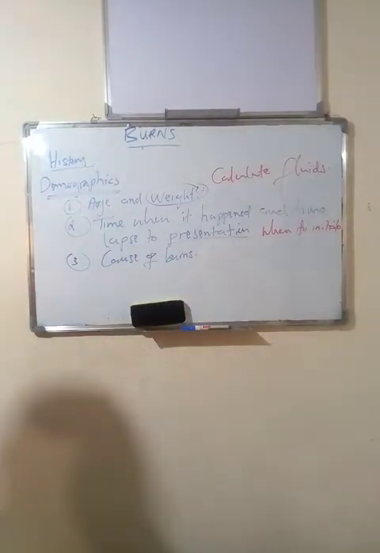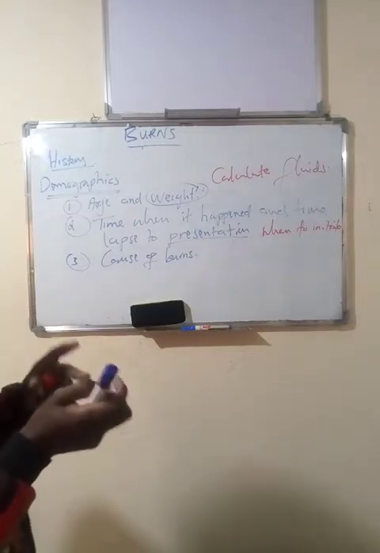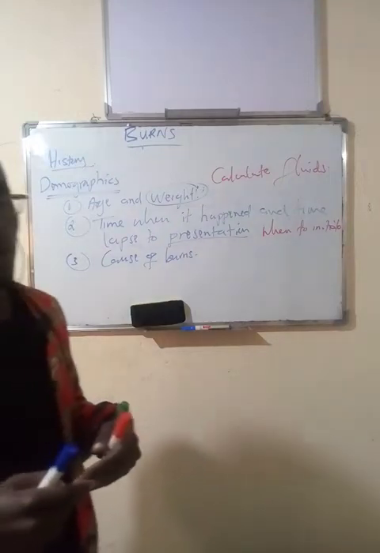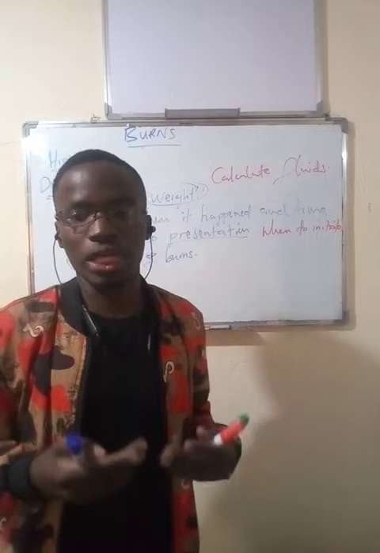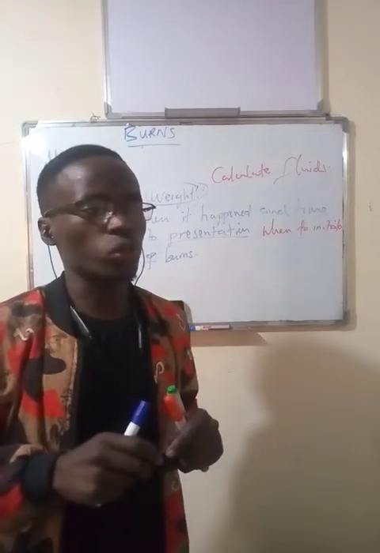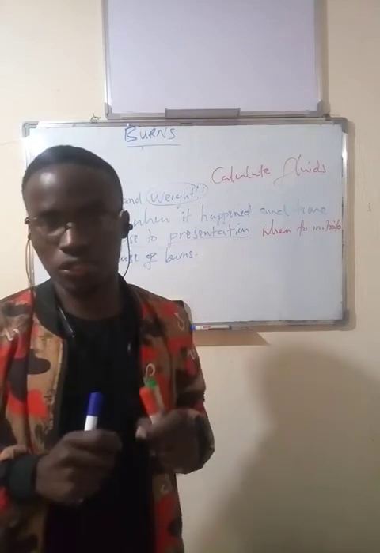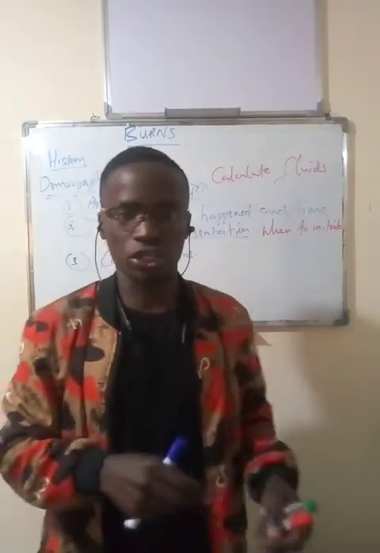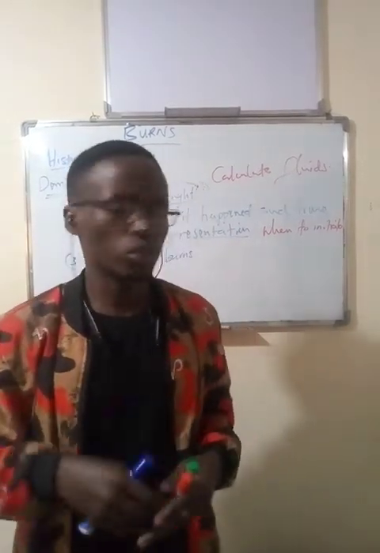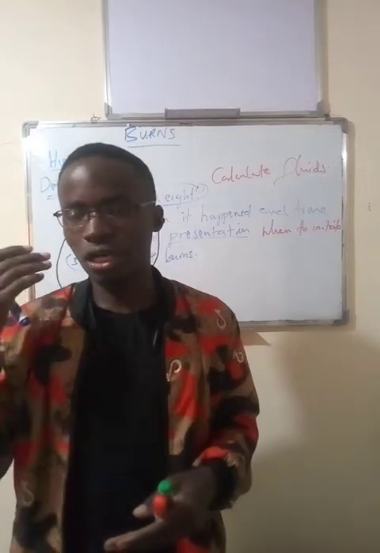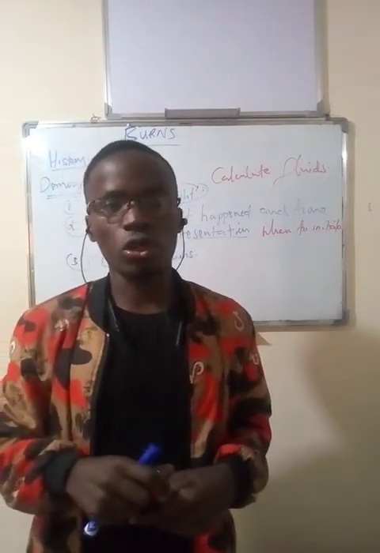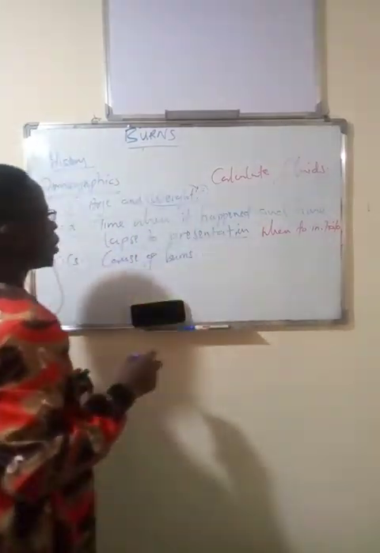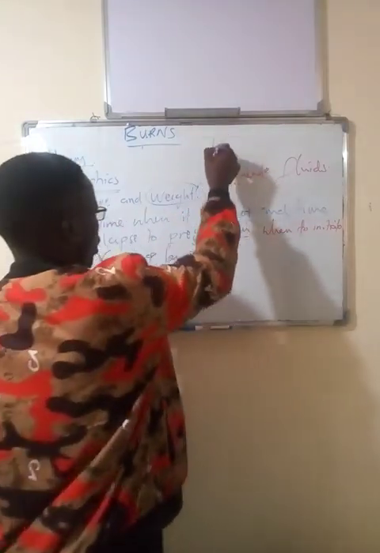Now, by the way, if issues of first aid were to come in, where, for example, you are directly witnessing someone getting burnt, the number one thing that you need to do is to stop the burning process. If someone is exposed to a source of heat, you remove them or you remove the source of heat. You extinguish the fire, whatever you can do, so that you discontinue the burning process. The other thing you obviously need to do is the ABCs, before you start taking the history, or as you are taking the history.